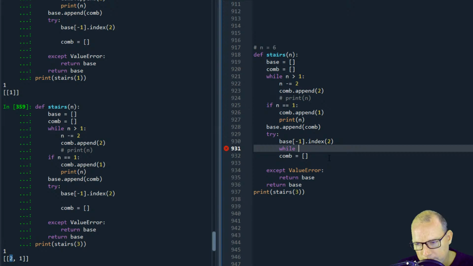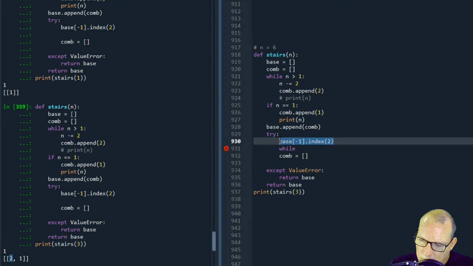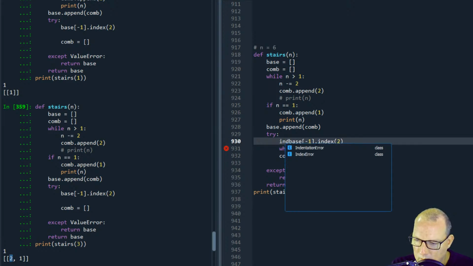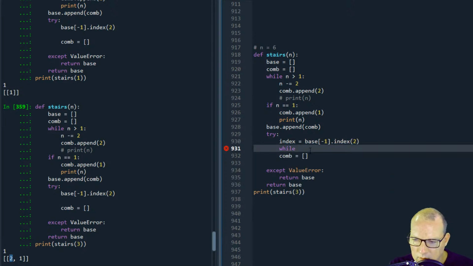While if it's here, is index a keyword? Nope. While index